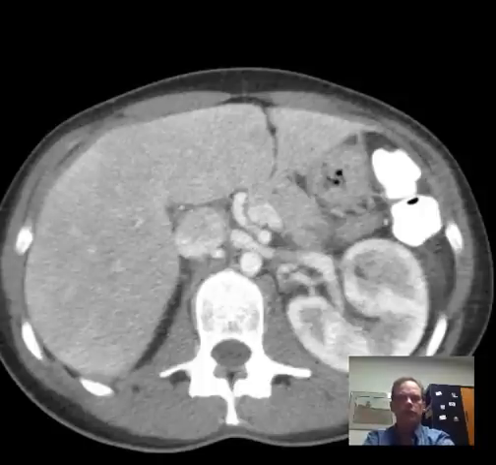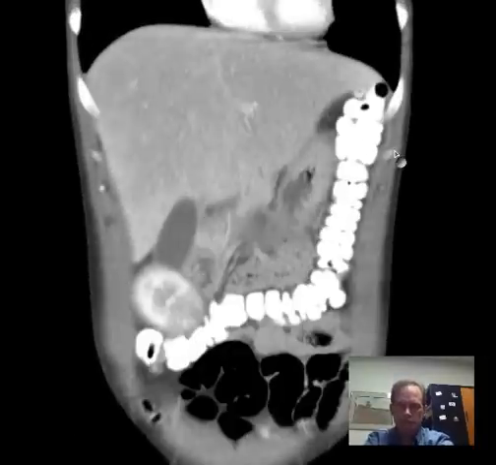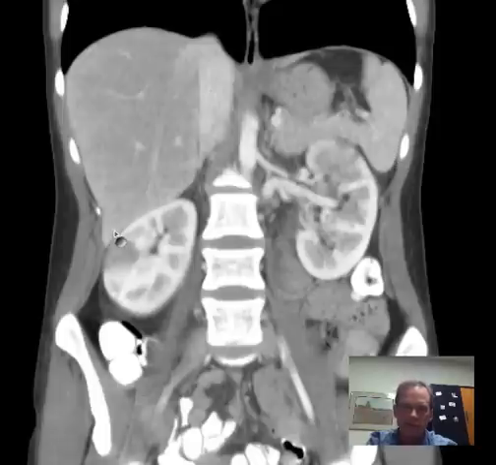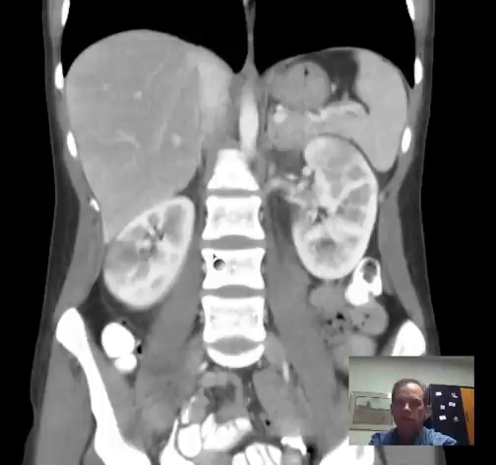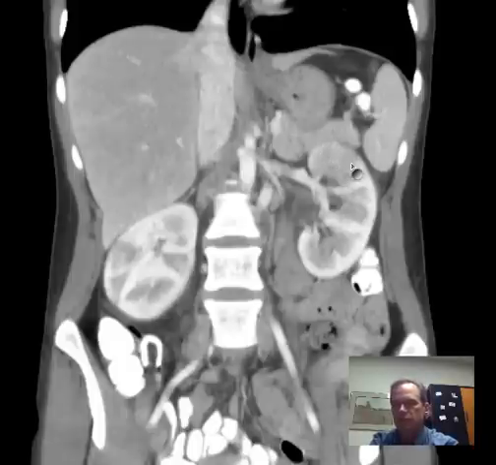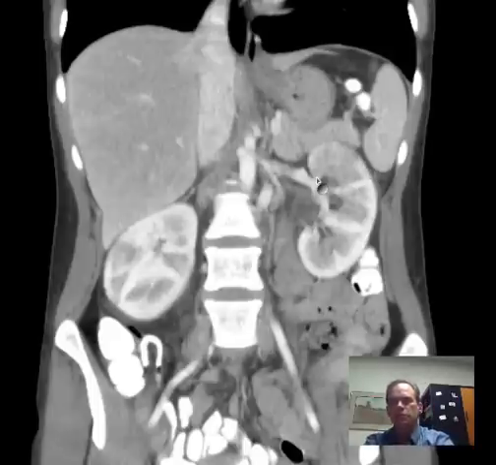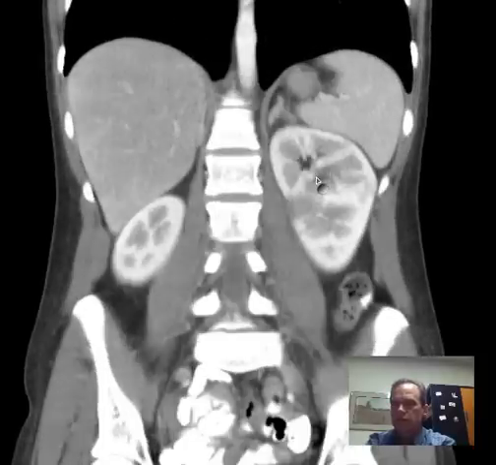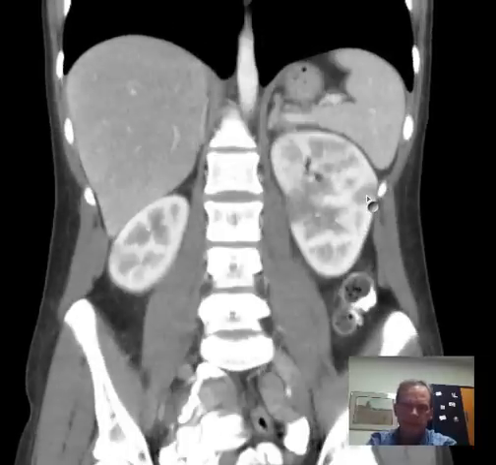If we look at it now on the coronal images, you'll see how much more nicely those findings stand out. So you've got this wedge here. It can almost look like an infarct, but it's not. Infarcts can be wedge-shaped like that. And this area here in the upper pole of the left kidney, very indistinct, mushy appearance of the enhancement instead of having a nice sharp margination. So this is typical of pyelonephritis,